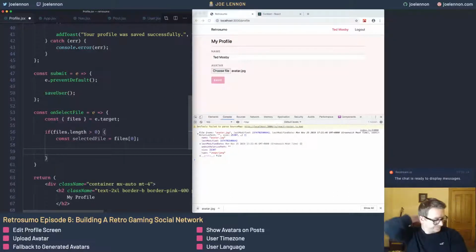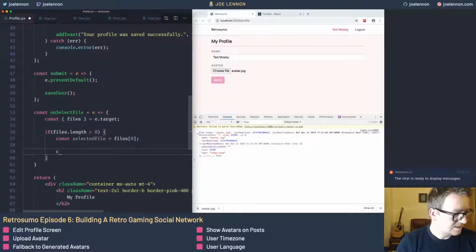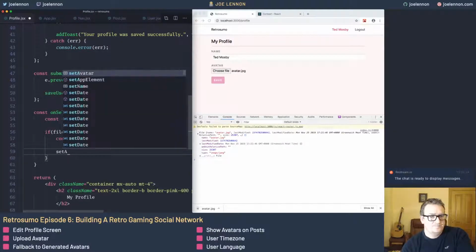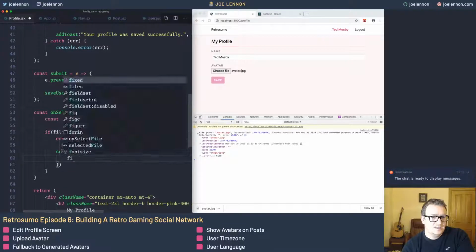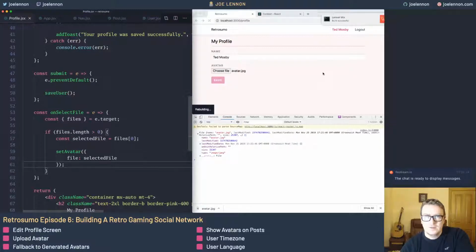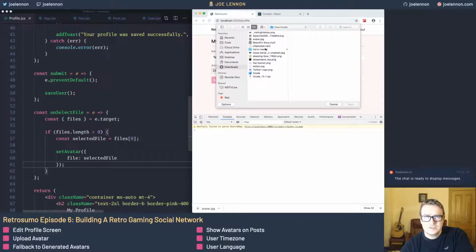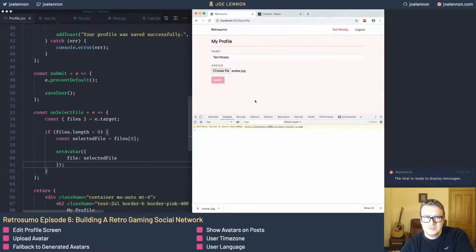So if we say setAvatar, and then we say file selected file, like that, what happens? So if we do this and pass it through,